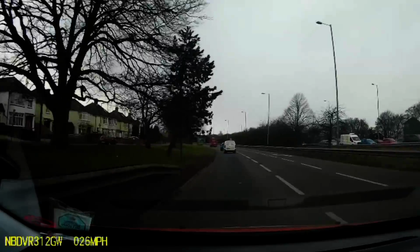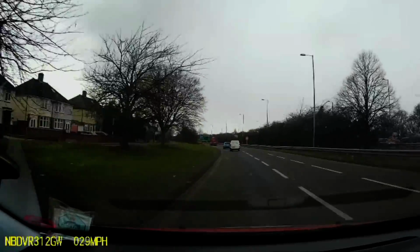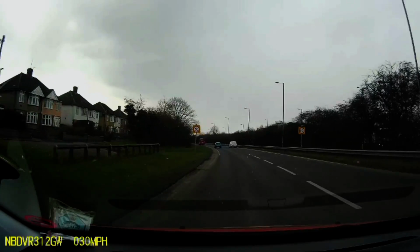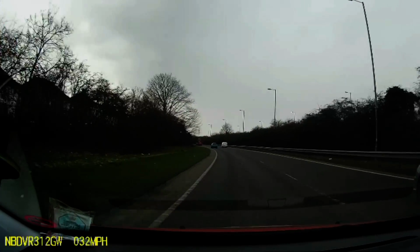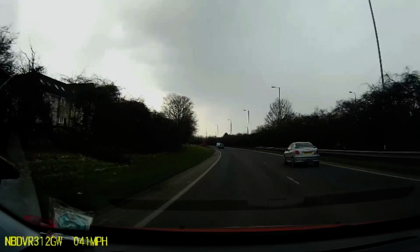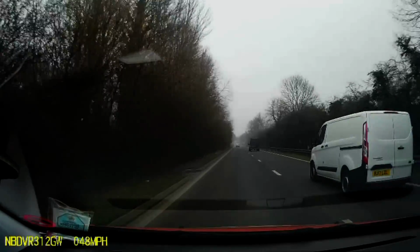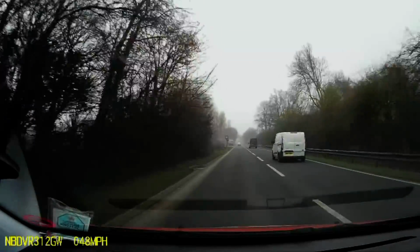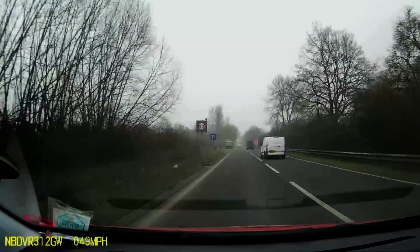You'll be amazed at how many people actually try and come off in the middle lane when I see people either doing lessons in this car or in front of me. It does happen, and I can't really explain why, even though you do say try and exit in the left-hand lane if it's possible. So, now on this one, it comes under the independent drive, but it comes under the verbal instruction rather than